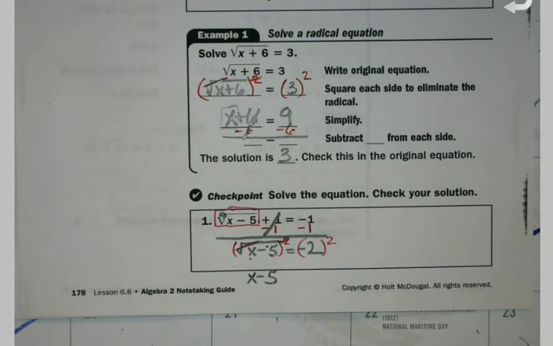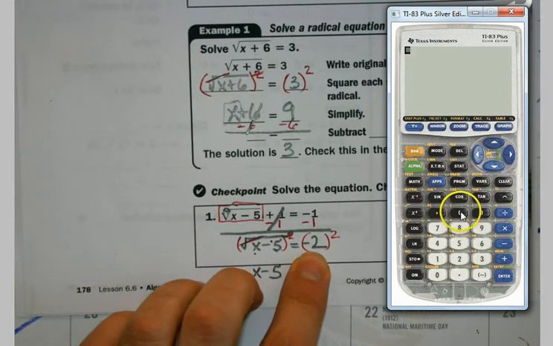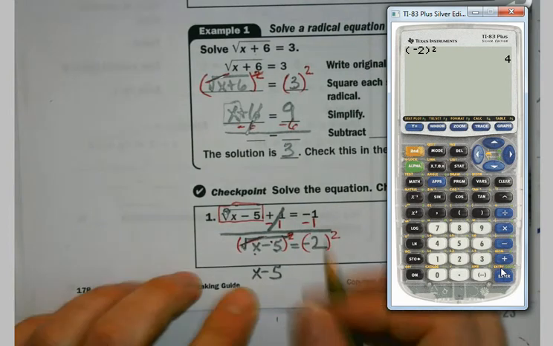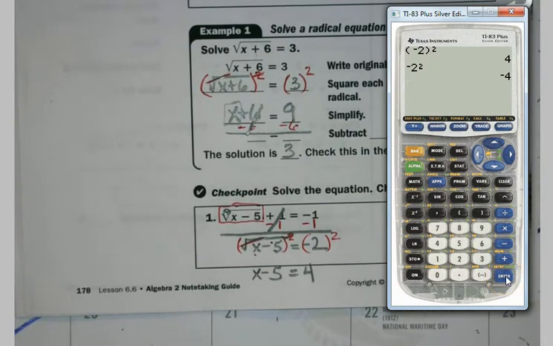And then we're going to be careful on the next part. Because when I get to here, it's critical that I keep this in parentheses, and I'll show you why. If I put negative 2 in parentheses squared, I get positive 4, which is what I should get here. If I forget about the parentheses and I just hit negative 2 squared, okay, we do not want the second one. This one is bad. So whenever you're going to square things, make sure it's in parentheses, because that'll keep you